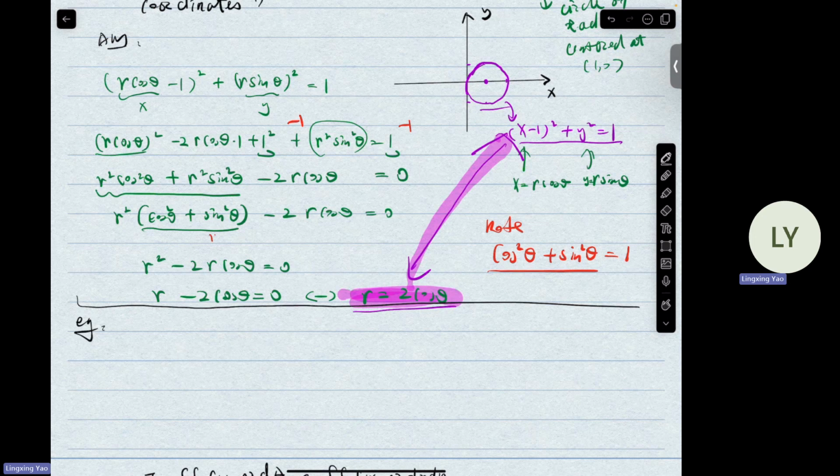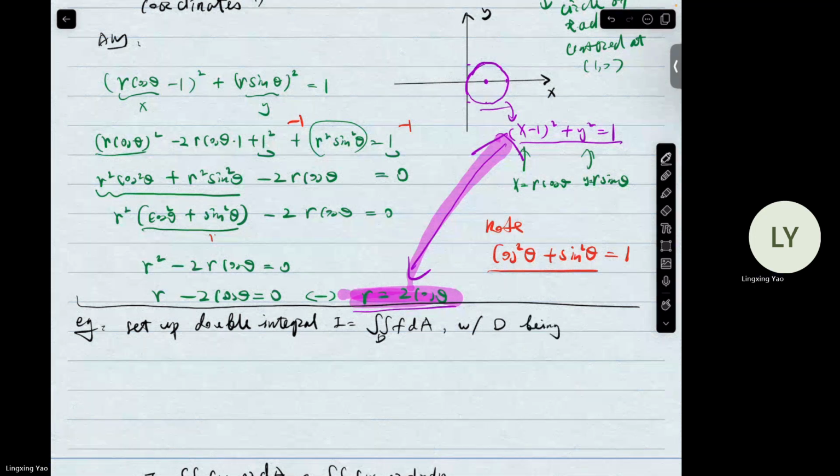Okay, we want to evaluate, or set up actually, because we're making it more abstract, a double integral of this abstract function f, with domain of the integration D being enclosed by a circle of radius 2